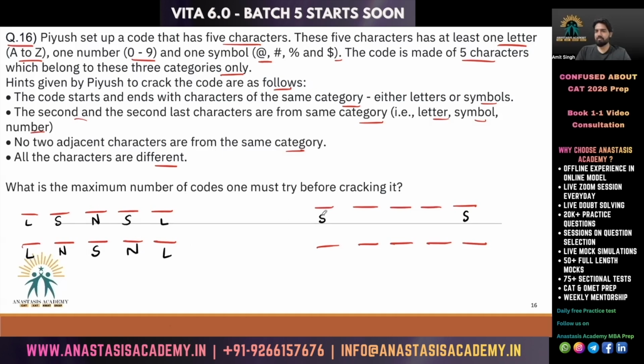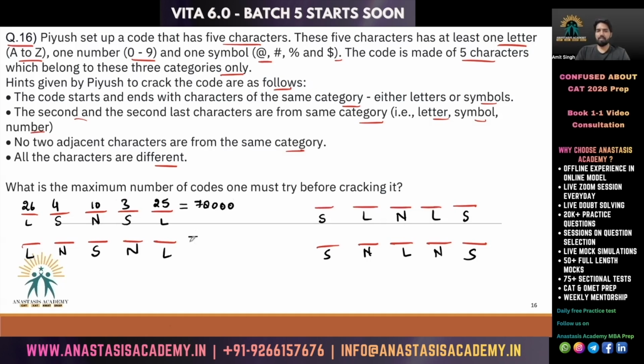And in this case, when first and last are symbols, this could be a letter and this could be a letter, so the middle one would be a number. Or if these are symbols and these are numbers, the middle one would be a letter, right? Let's write the number of ways to fill these positions. I have 26 letters to choose from, and 25 because I cannot repeat these characters. Symbols, there are 4 symbols. I can fill this place in 4 ways, in 3 ways. Numbers are 10. So the total cases would be 25 into 4, 100, 26 into 3, 78, 780,